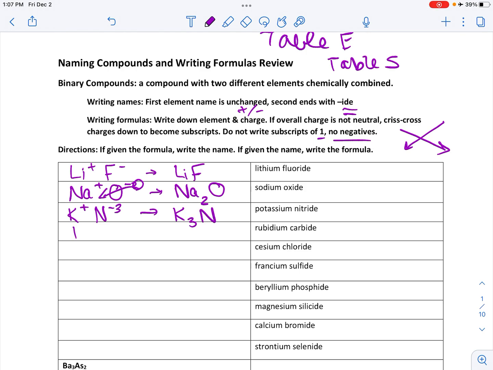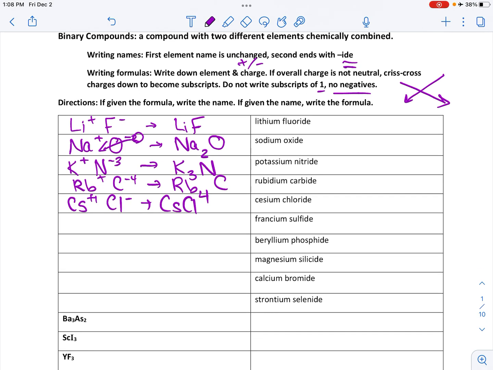Rubidium carbide. Rubidium is Rb+1. Carbide is carbon. It has to be -4. Even though there are many charges, we need the top one and it's negative. So crisscross, you get Rb4, capital C. Cesium chloride: Cs+1, Cl-1. That's neutral, so CsCl. Francium sulfide. It's capital F, lowercase r. It's +1. Sulfide is -2. Again, that's not neutral, so we crisscross